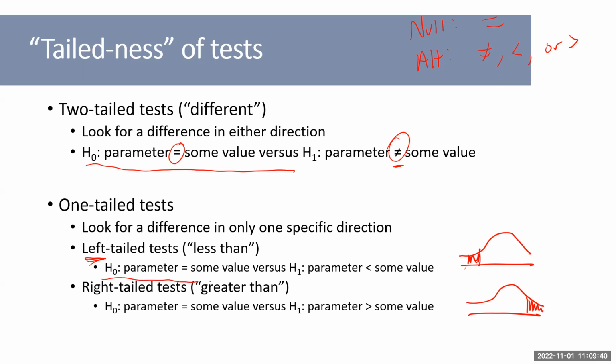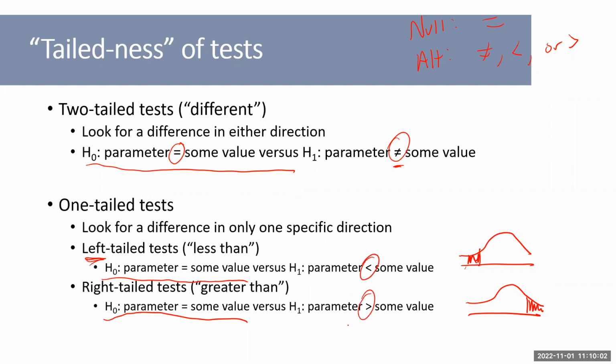In a left tail, the null is parameter equals some value. And in the right tail, it's equals some value. Okay, so your null hypothesis is identical. It's the alternative that's going to change between the tailedness. Two-tailed we had simply not equal to because we cared about either way. But here on the one-tailed, the left-tailed test we're only caring about less than, and the right-tailed test we're only